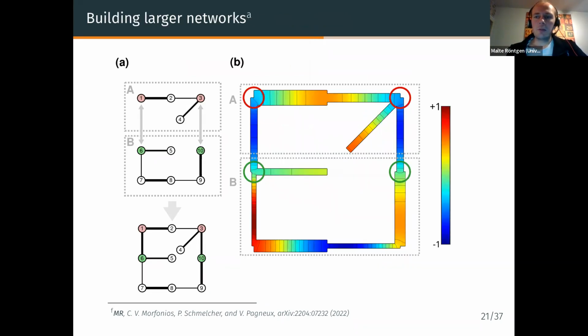Now, all that I have shown you before with the multiplets can be applied here, though it's a little more involved because our Hamiltonian is derived from our topological matrix A and this diagonal matrix B. So this multiplet principle can be applied, but it becomes a little bit more involved. But what should hopefully immediately be clear is that if we have two latently symmetric networks, such as shown here, so we have network A, where 0, 1 and 3 are latently symmetric, and network B, where 6 and 10 are latently symmetric. If we just connect those two networks at the latently symmetric points with symmetric waveguides, so with identical waveguides, whatever you call them,